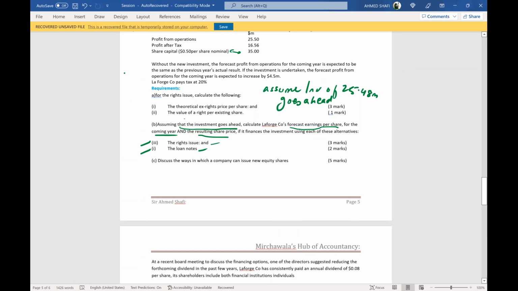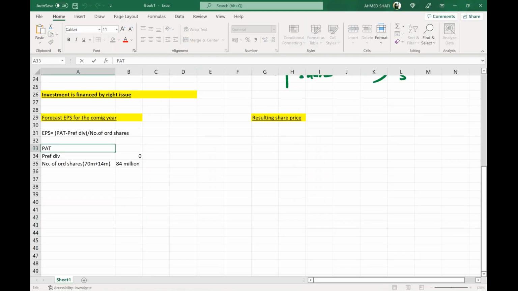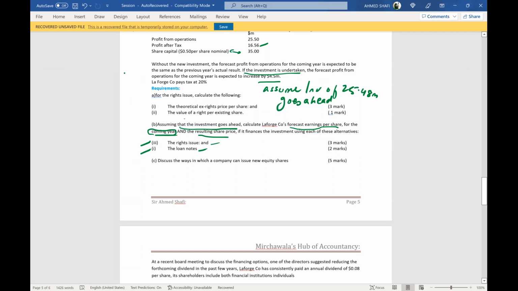What would be the PAT for the coming year? The current year's PAT is 16.56, but you are calculating forecast EPS for the coming year. If investment goes ahead, it's clearly written that if investment is undertaken, the forecast profit from operations is expected to increase by 4.5 million. So for the next year, what would be your PAT? Next year, your PAT will be 16.56 million, this year's PAT,